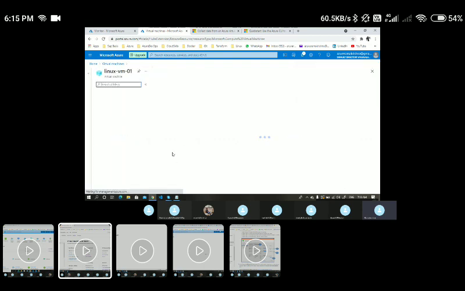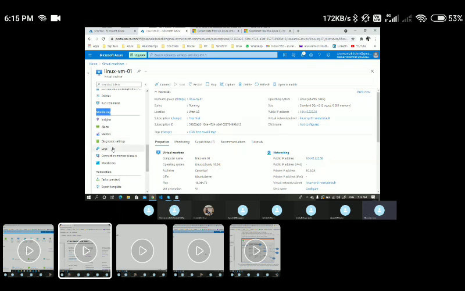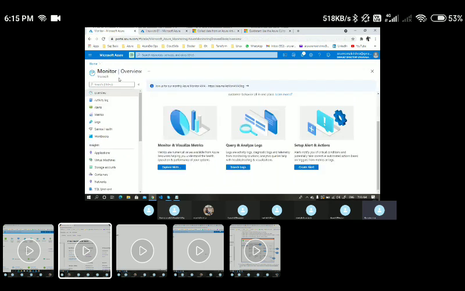If I wanted to do so, I can simply come down and go to this monitoring section. Within this monitoring section, I have these many features. I can view the metrics, and I can also create the alerts directly from the VM itself. So this is one of the features. If you wanted to do it for a specific VM, we can do it directly, but if you wanted to do it for multiple VMs, you can navigate to Azure Monitor.